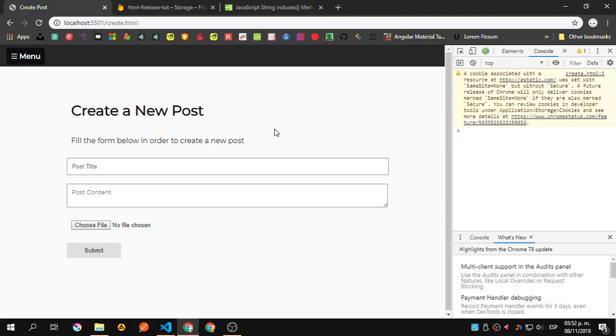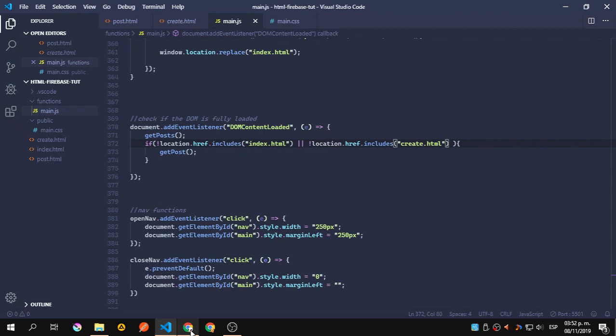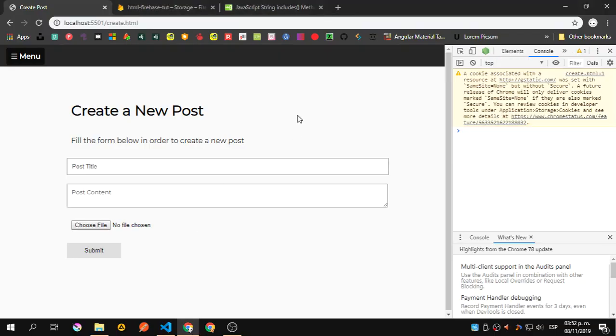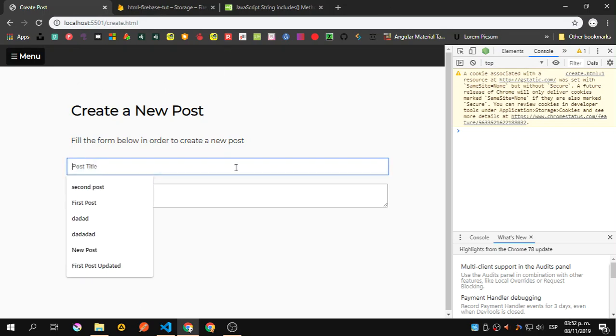Let's save that. Create that HTML. Location error include, and let's see if a logical and fixes that. Okay, so if create HTML and index HTML are in the URL, then that shouldn't perform anything. So let's add a new post,